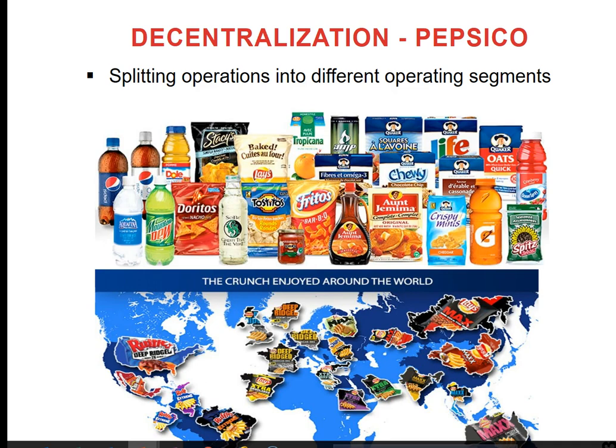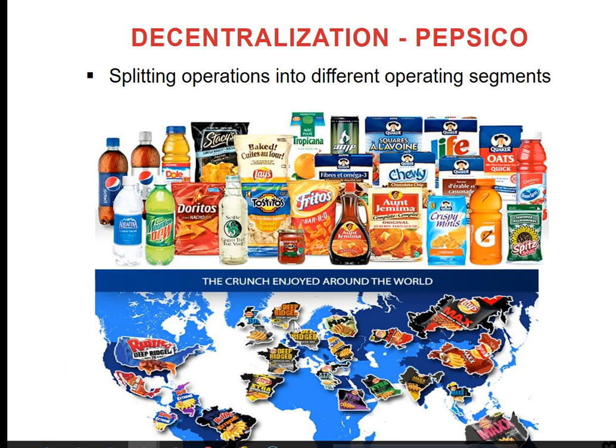And sometimes, if you have a big business, then you could decentralize your operation and you could evaluate the performance of each segment or each part of your business separately. For example, you can think of Pepsi company's operation, which is a big multinational company, and they have business all over the world. They produce different types of products. So what Pepsi could do, Pepsi could decentralize their operation either based on different types of products or based on